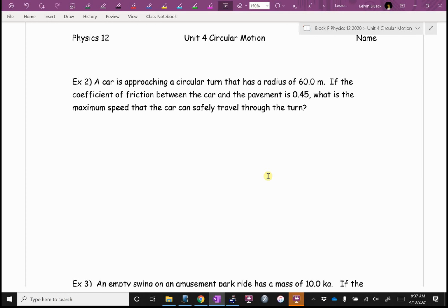Don't write this next bit down, just watch. A lot of students think, oh, I'm going to do a top view. And so they represent the car with a dot. What are the forces acting on this car? Get the obvious one. Which would be into the page. How would I draw that? Normal force out of the page. How would I draw that? So top view is not your best view. What's your best view for a car going around a corner free body diagram